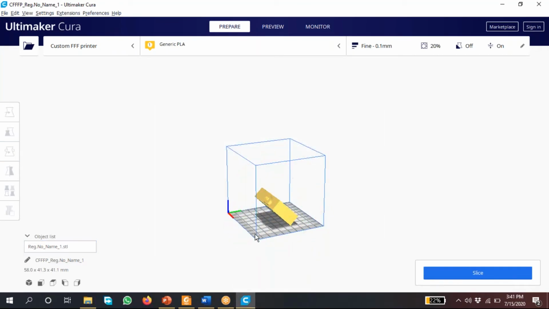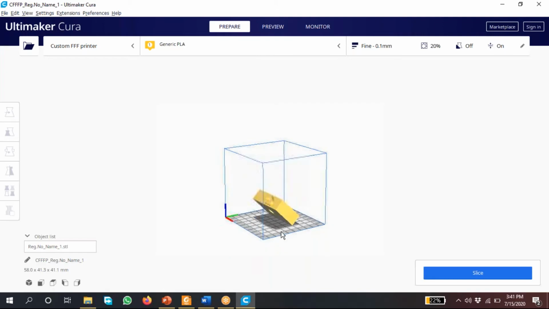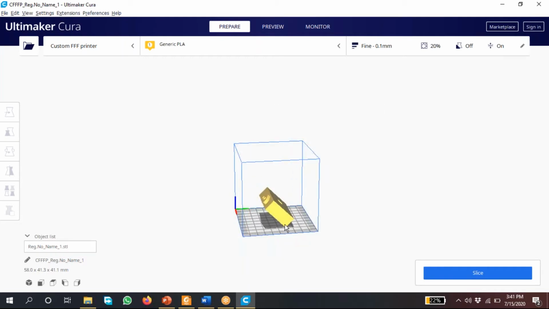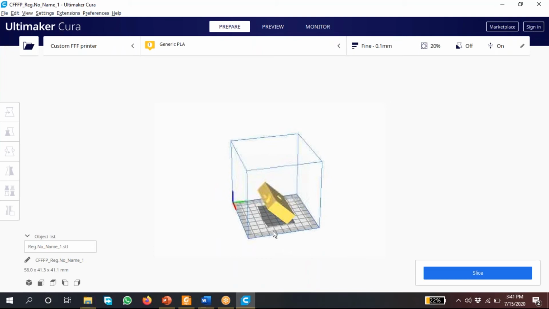I think you have seen in the lectures also, they will tell about the supports. If you are not giving any support, means if you are printing like this, then this layer will fall down, right? Because of that, we give the support from the build plate to this one. We attach a support so that it will stand. Later we can remove the supports by filing, which we call a post process.